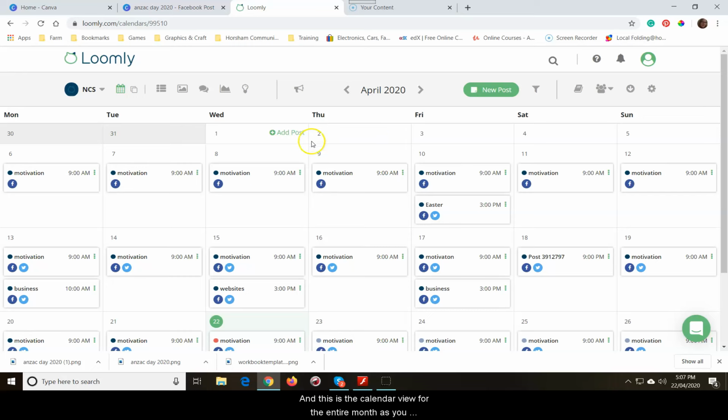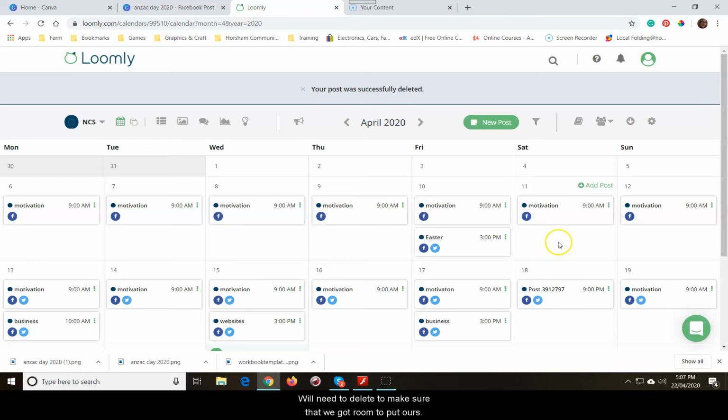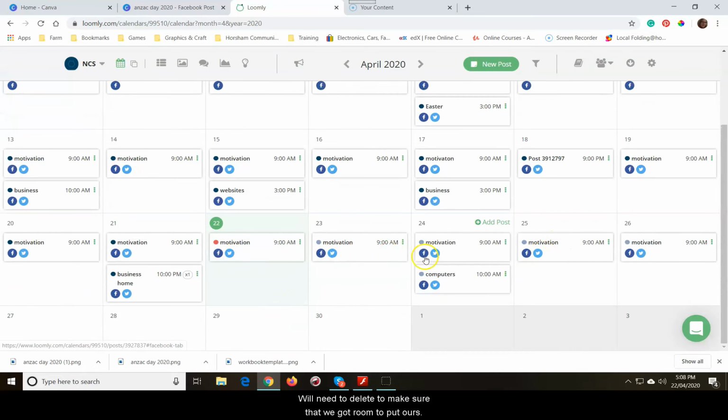And this is the calendar view for the entire month. As you can see, it says April 2020. I can go new posts from up here and select the date, or I can come down here to the bottom down here. Now that one, we'll need to delete to make sure that we've got room to put ours up. Okay, so let's go ahead now and load our image. So what we can see today is the 22nd, so I'm getting close to nearly going up. So over here on the 25th, which is the day of Anzac Day in Australia and New Zealand, we want